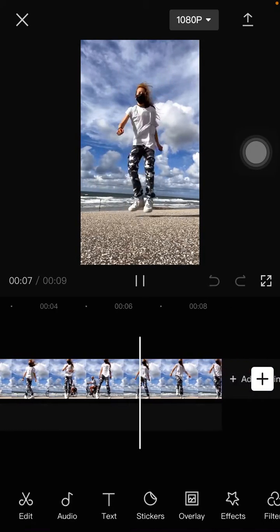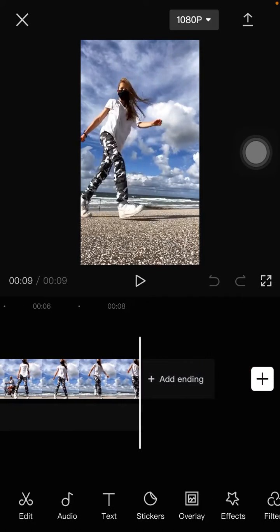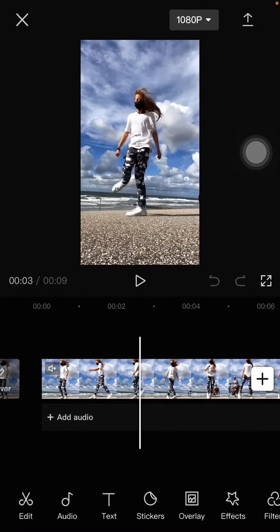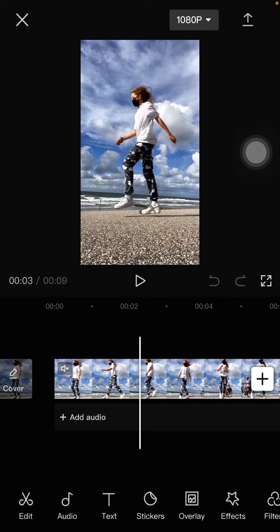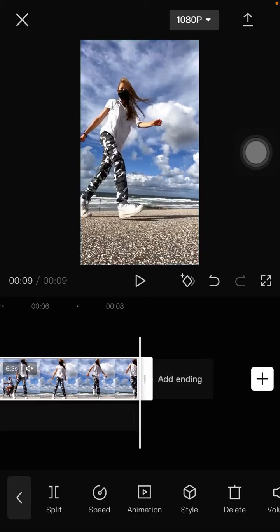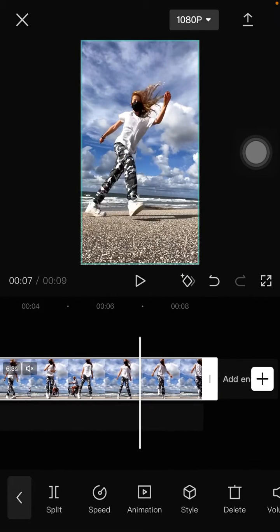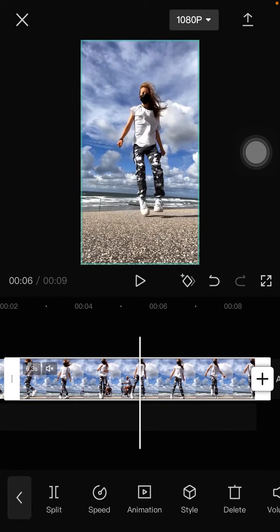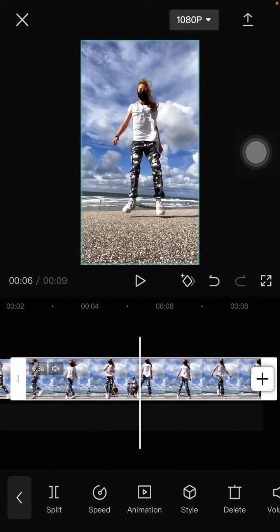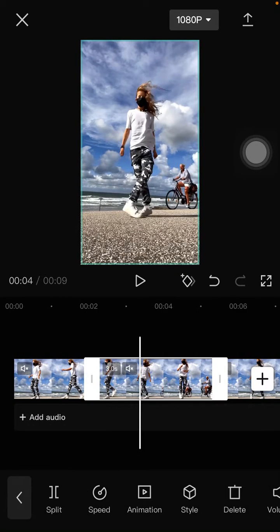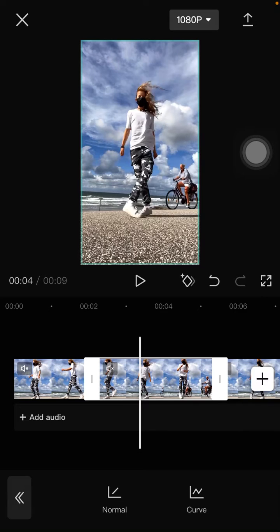And I'm going to split the clip before. So in this section, just click edit and split, and in this section again, split and select the middle clip and go to speed, and you can select normal or curve, but I want